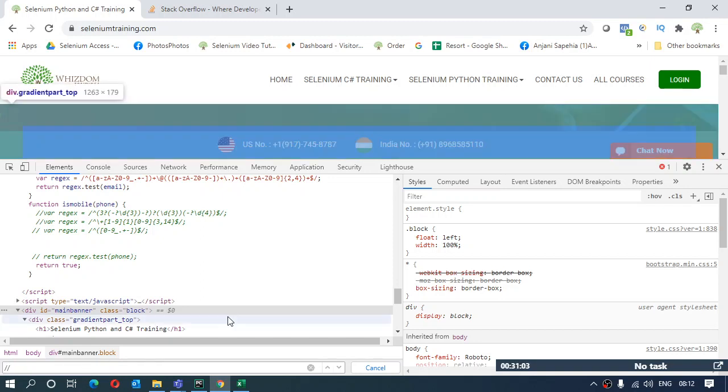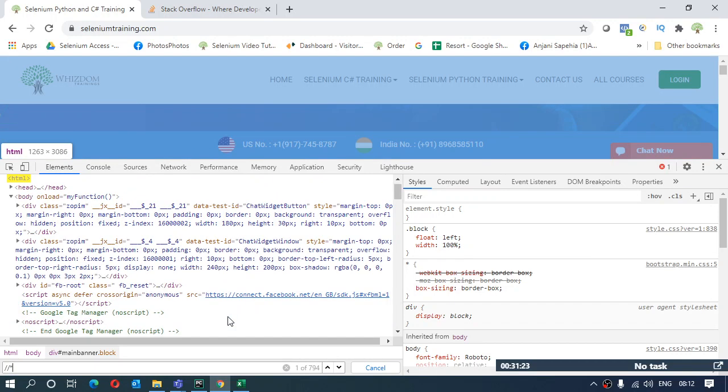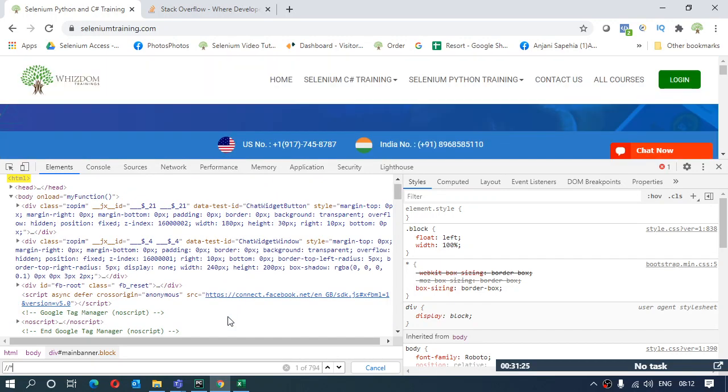Right? Now the double slash itself will help the inspecting screen identify that it's not a complete XPath anymore, it's something else that I'm going to do. Then ahead, I can use a star. Now what this star is going to do, it's going to select the whole web page. That is also fine, you can do that.